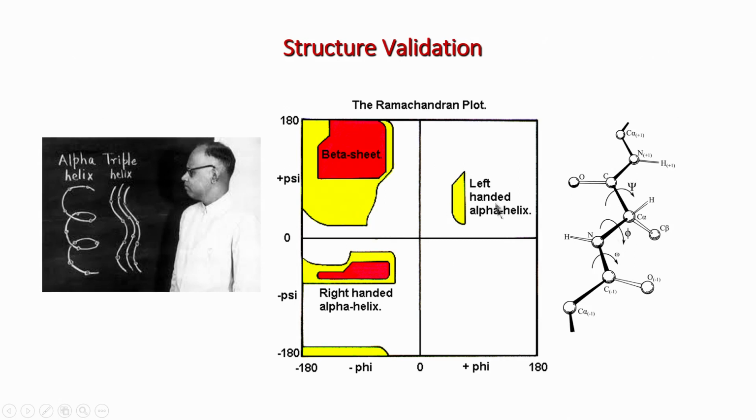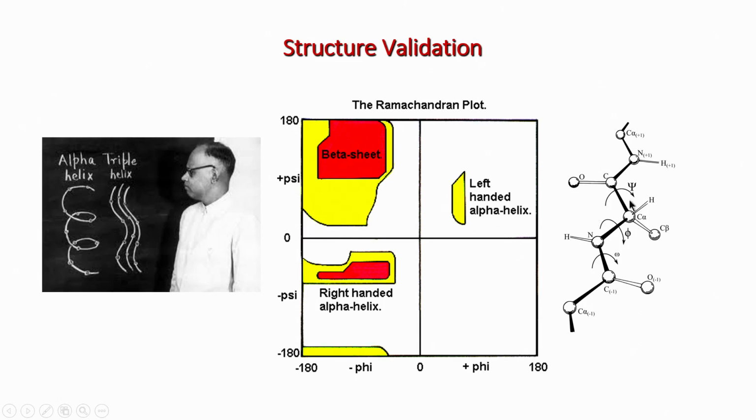That was a very important plot, and now in every paper, for every protein structure we publish, one has to show this graph and say that for the protein I have solved, all the phi psi values are coming in the right place. If I claim that my protein is a beta sheet protein, I will show that everything is here. If I claim it is a mixture of alpha and beta, then the alpha part should come in this region, and all amino acids of the beta part should come on this side. This is called structure validation. You are validating with this plot whether the structure you claim is correct or not.